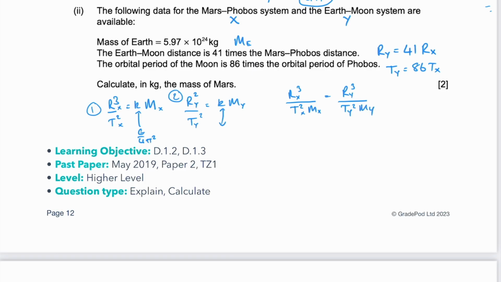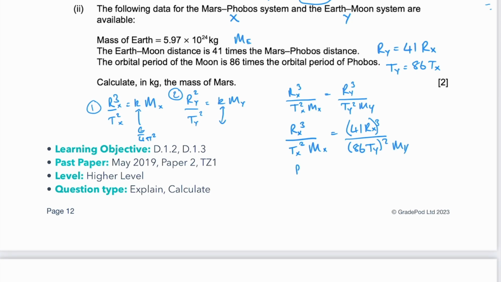My. And now I think it's a good idea to make some substitutions, okay? So we have Ty is equal to 86 Tx. So let's write this out again, but instead of writing Ty and Ry, let's put the substitutions in. So Tx squared Mx equals, now Ry is equal to 41 Rx, so 41 Rx cubed over 86 Ty squared My. Rx cubed over Tx squared Mx equals